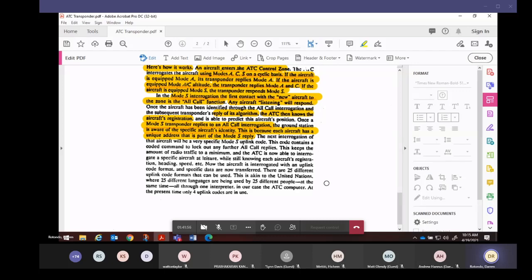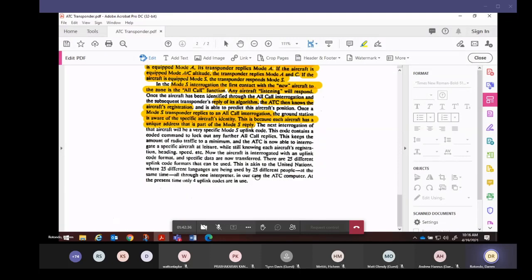Now, very much like your 406 ELTs, your 406 ELTs had to be registered. Your transponders have to be, the mode S transponders have to be registered, because that code, that unique algorithm code, is unique to your particular aircraft. It's squawking your identification, your country of origin, and your call sign. So it has to be registered. I won't get into the rest of that,